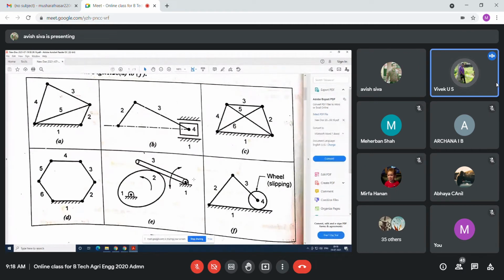Sir, n is equal to 3 into (L minus 1) minus 2. So what will be the value? The value will be